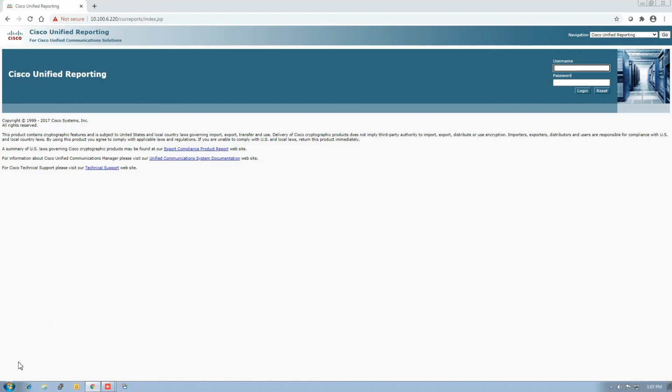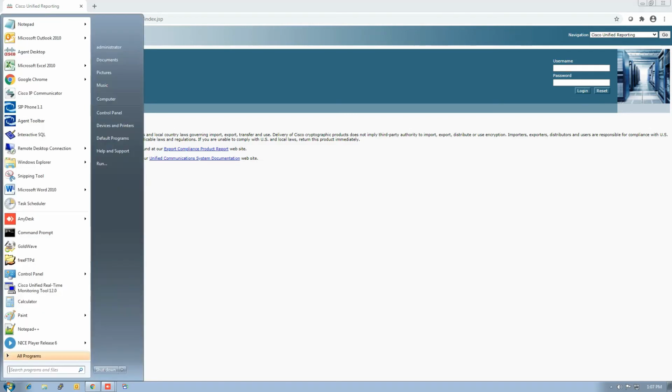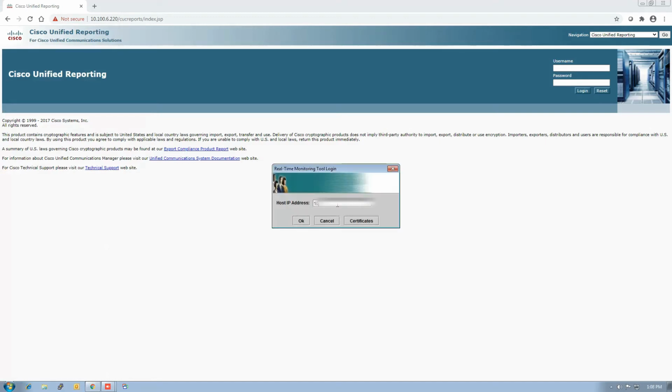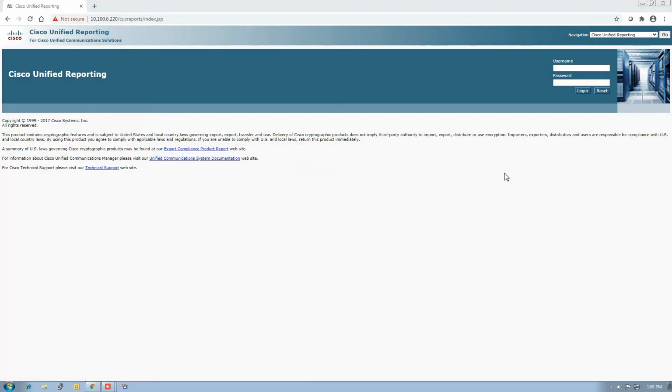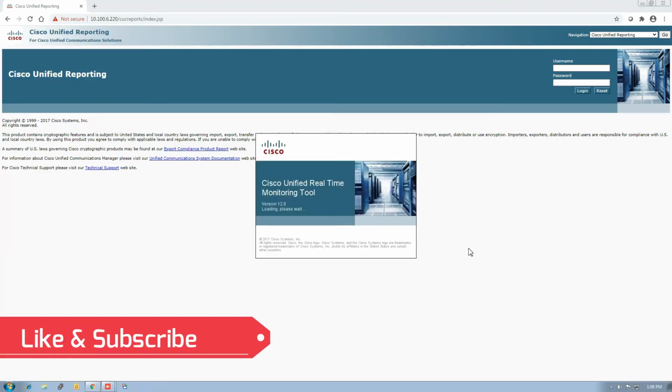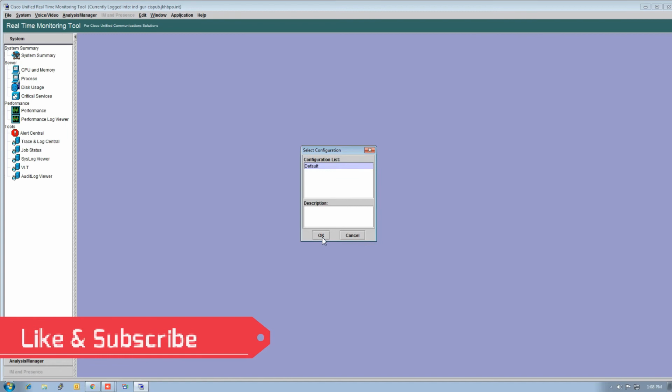After that you can exit, and the third step is using RTMT tool. So open the RTMT tool. I have uploaded a video related to RTMT tool and the installation from where you can download it. You can watch. I'll drop the link in my description of this video. So once you open the RTMT tool, enter your username and then password.